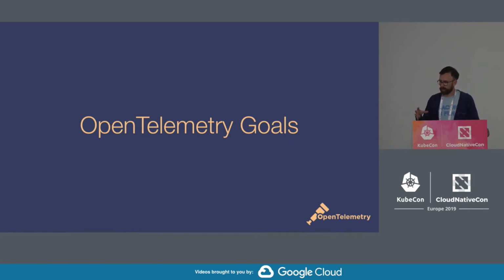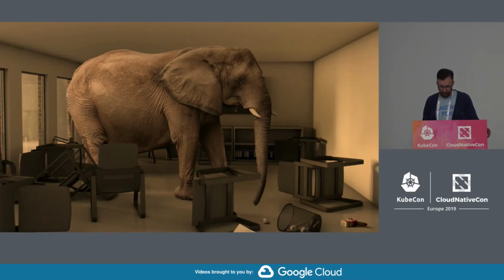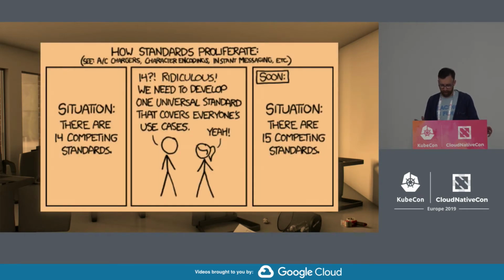I think the core code is the stuff that we'd like to stop adding additional features to by the end of the year. The elephant in the room for this project is absolutely the XKCD comic where you have 14 standards and you want to create a single unified way to access them, and so you create a 15th standard. That's what we're trying to avoid.